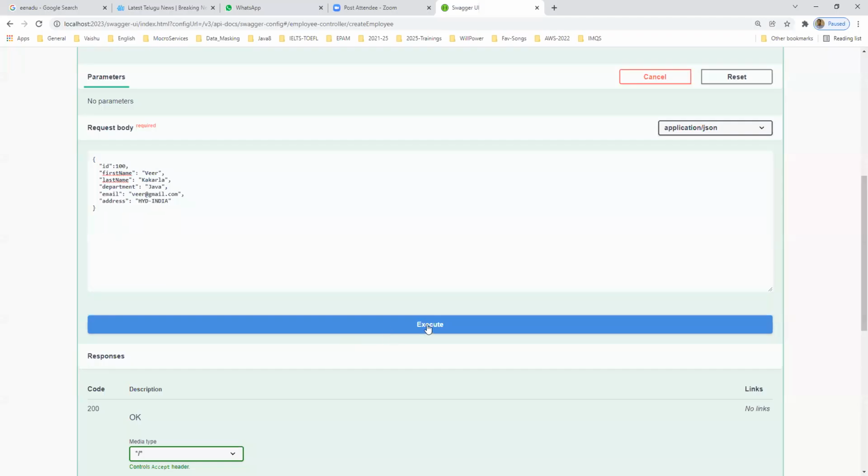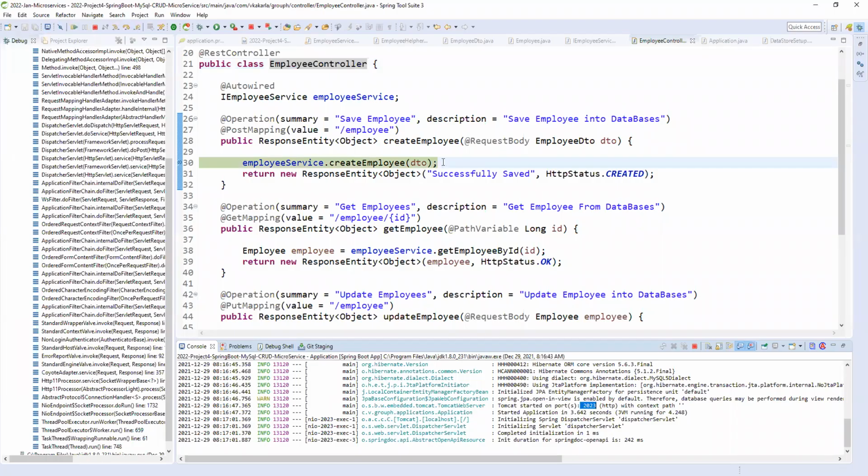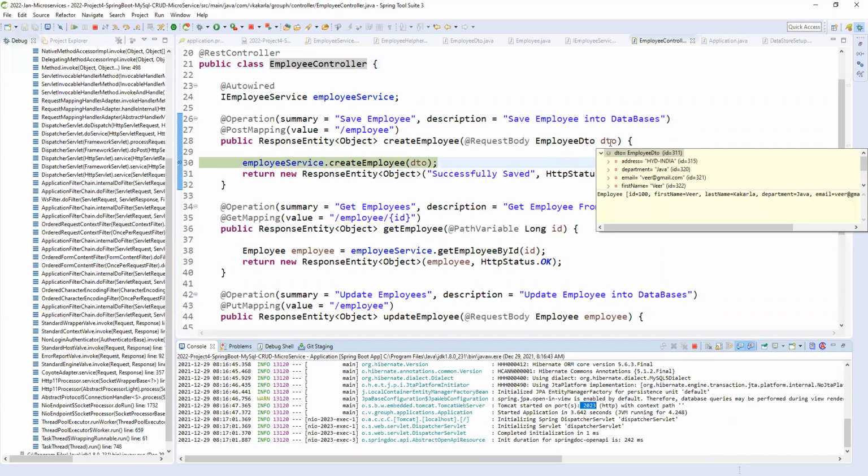Here you can see all the values are coming in the employee DTO. Why is it showing as employee? It's slash employee, so employee DTO.